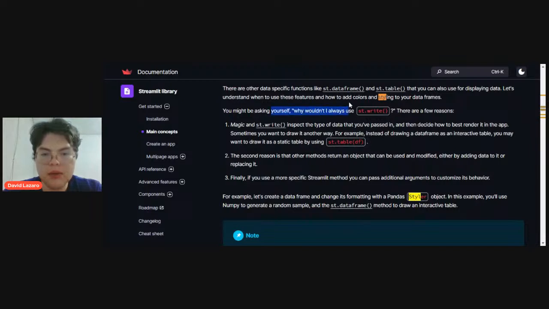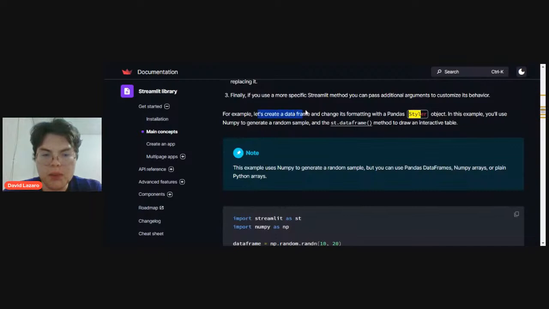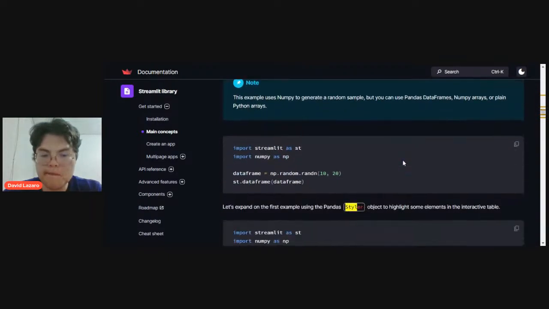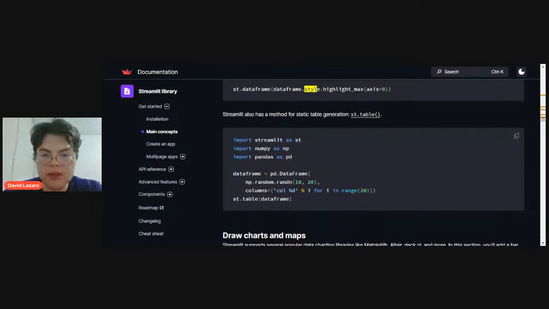So you might be asking yourself where you use this, and for example, let's create a data frame in this pandas Styler object. Styler, highlight elements. Okay, so if I cannot search this like this, look,